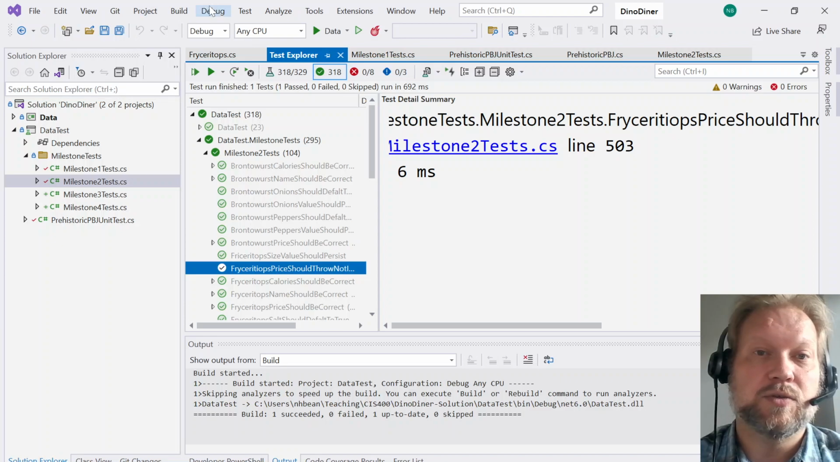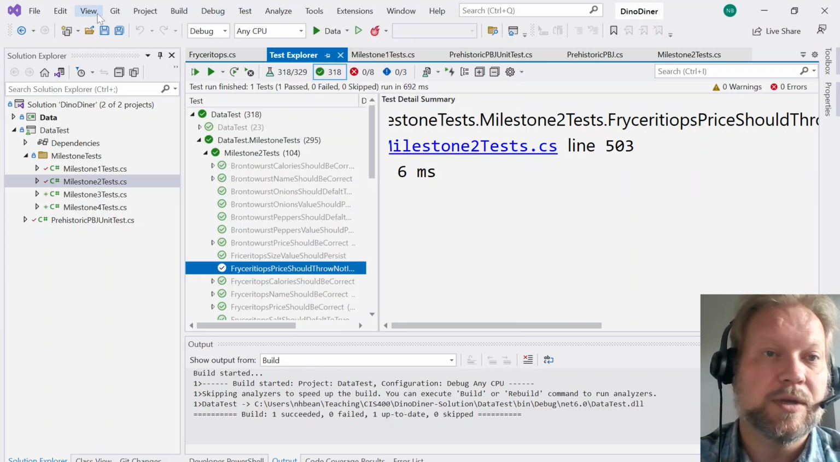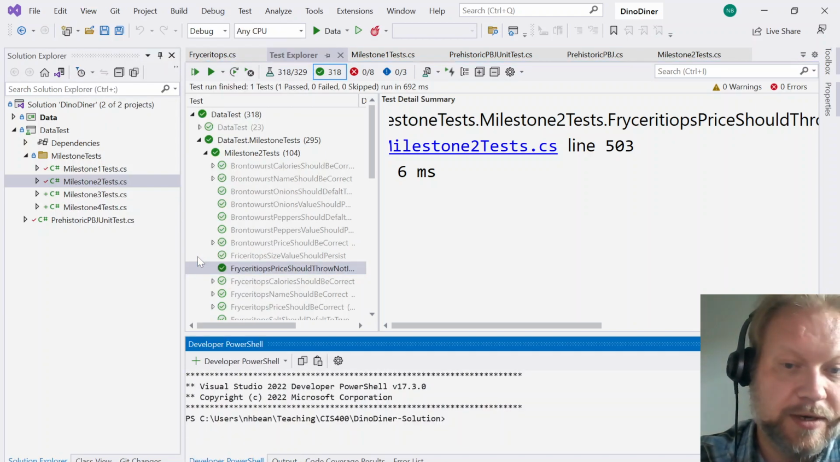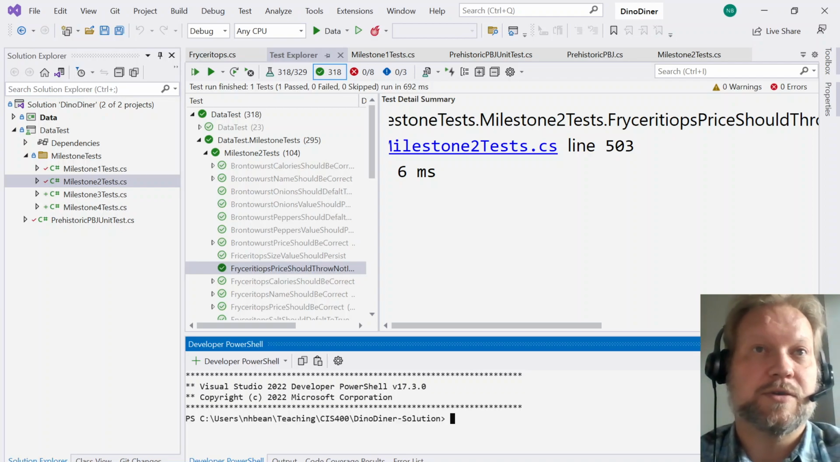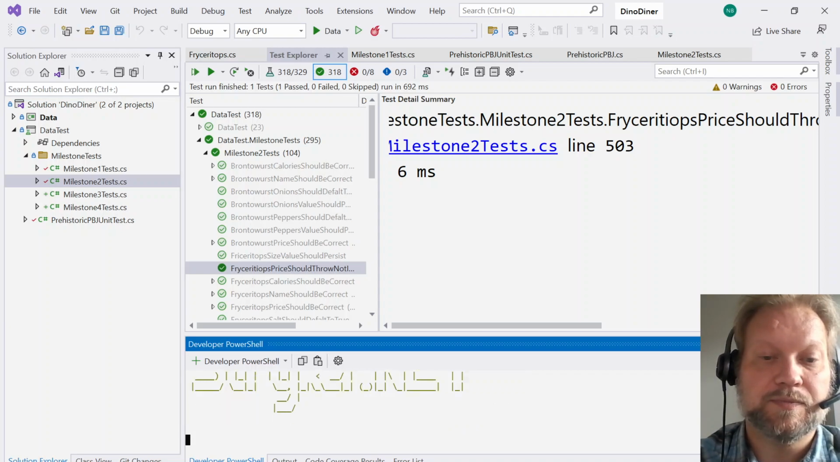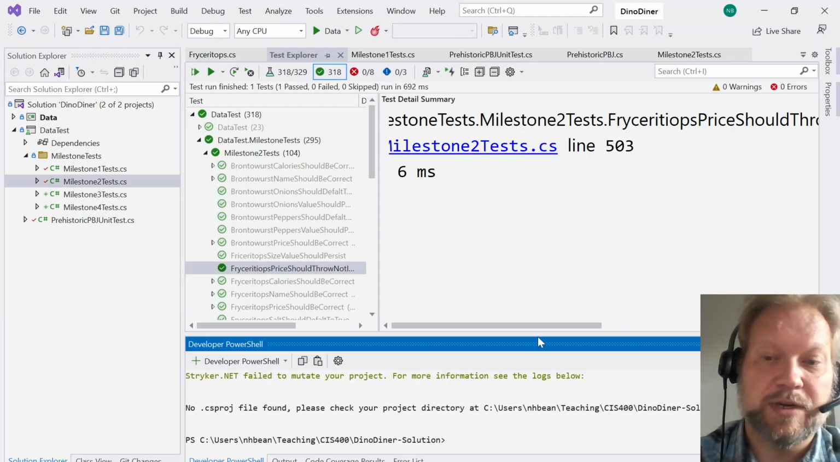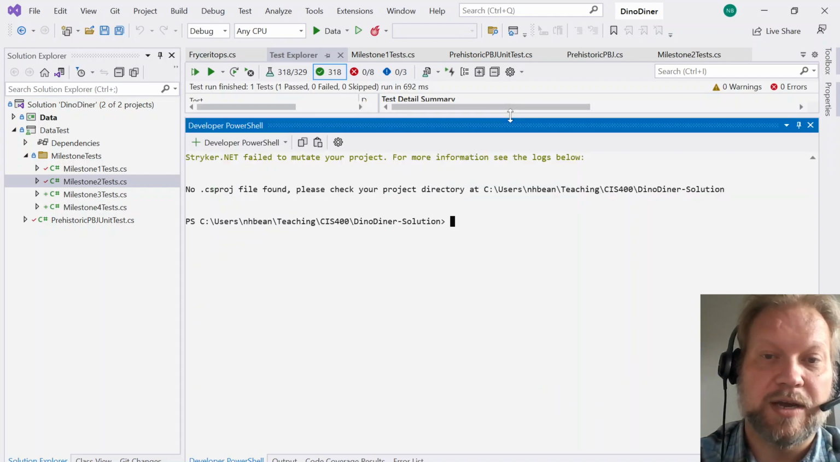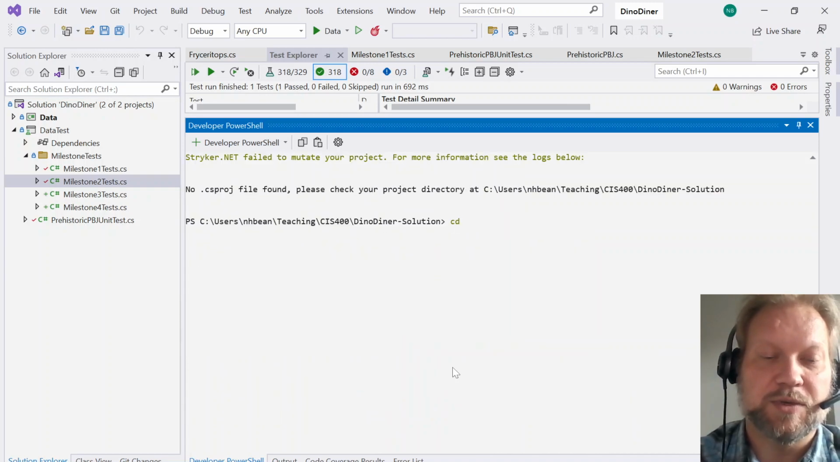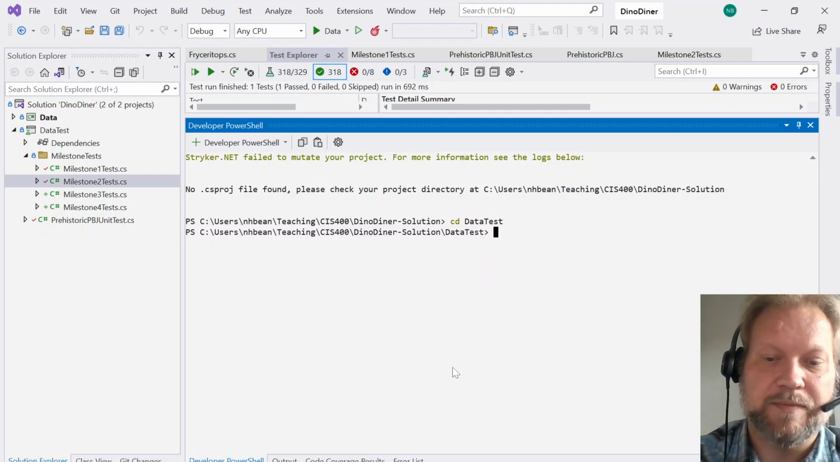So if you go to your tools, for example, or view, and go to open a PowerShell terminal, which is right here, this opens the terminal in your solution folder. You can see we're in the dino solution. So we can run that Striker command if you've installed Striker. And you can see there it's running, and it's going to tell me that there's no project, and that's because I'm at the solution level, not in my specific project. So if I switch into data test and then run it again,